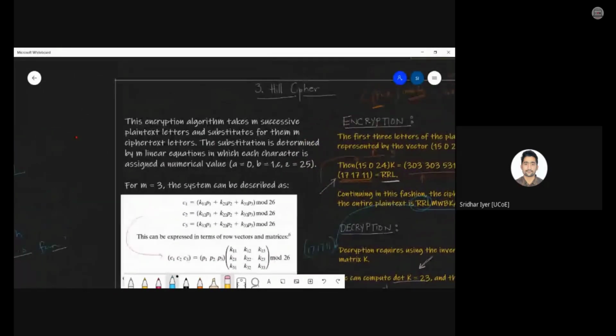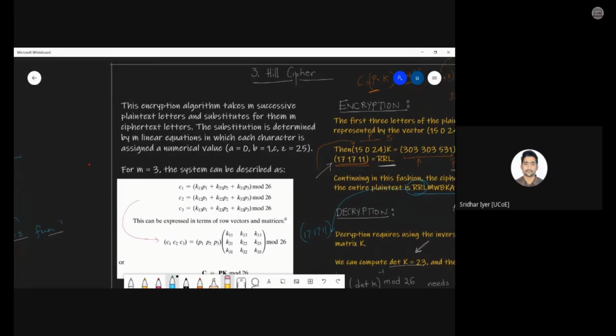This encryption algorithm of Hill cipher basically consists of pairs or groups of plain text and ciphertext. What we are doing is we are basically using matrix multiplication as the main operation over here. And keep a note of it that every operation that we are performing in this cipher is within the boundaries of mod 26. That is what we call mod operations or modular arithmetic. Whatever operations we are doing, multiplication, addition, subtraction, whatever it is, it will be subjected to a modular 26 operation. That is, any value cannot be more than 26 ever.